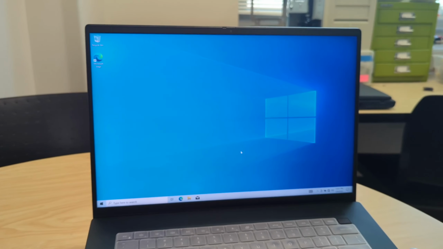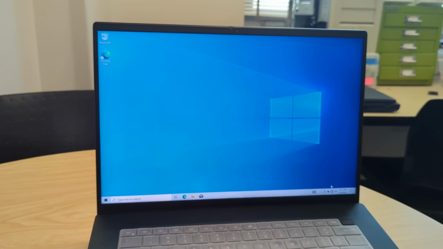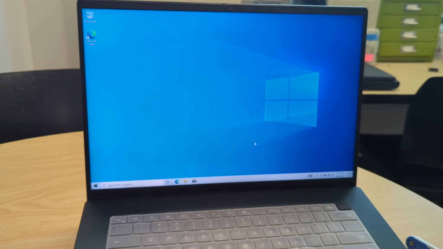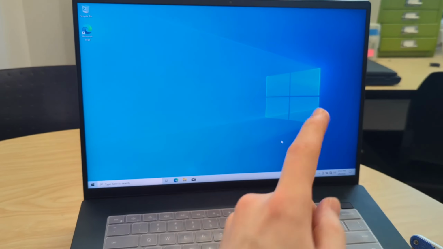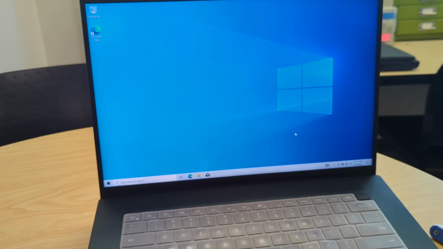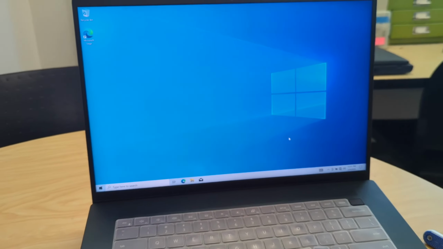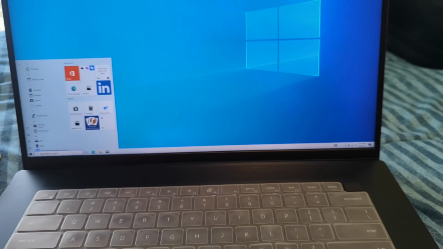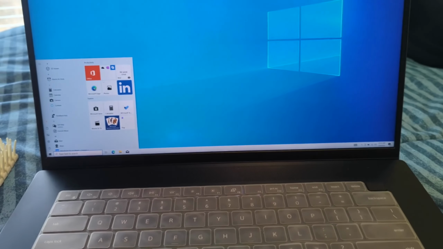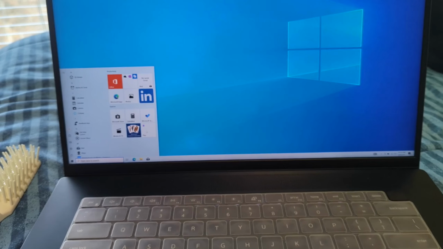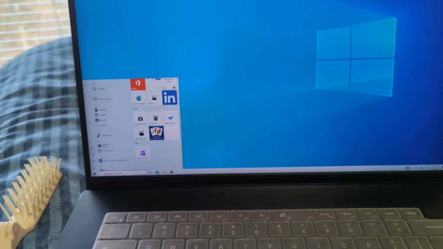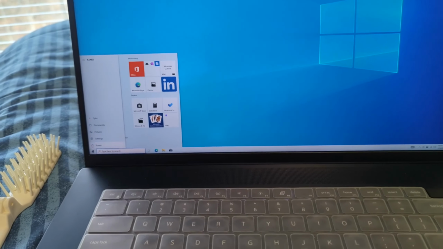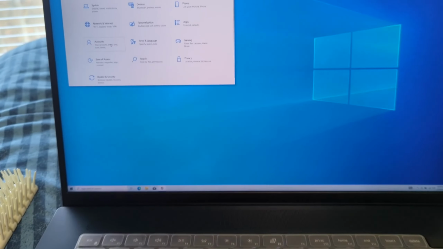I think the first thing I need to do is connect to Wi-Fi. Let me connect to Wi-Fi first, and then we'll see if it successfully activated or not. All right, so I'm back in my room. I got the Wi-Fi set up. It looks like everything is slowly but surely being installed. I'll eventually get to setting everything up once I get something to eat. But the other important thing is making sure that I have